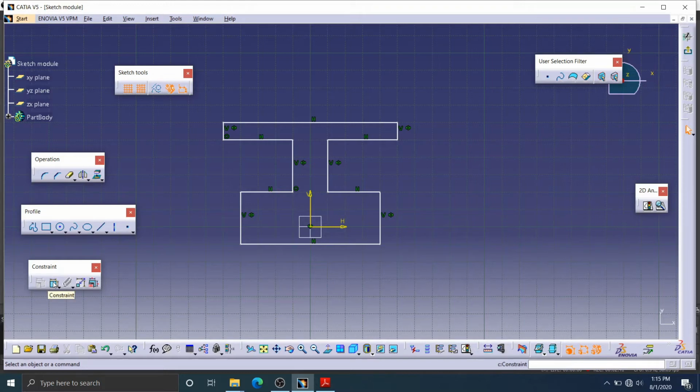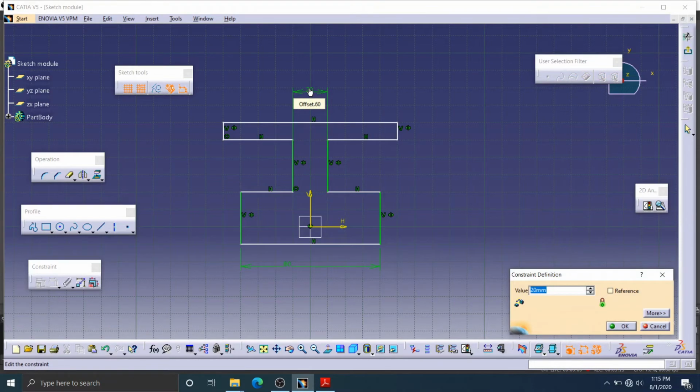If you click one time, you can use it a single time only. For example, if I click one time, you can use it only one time. If you want to use it again, you need to click again. If you want to use any option continuously, double click. So now you can use it continuously. The distance between this and this is 10. If you want to edit any dimension, just double click and enter your value, 10.